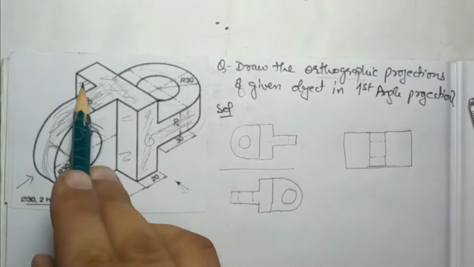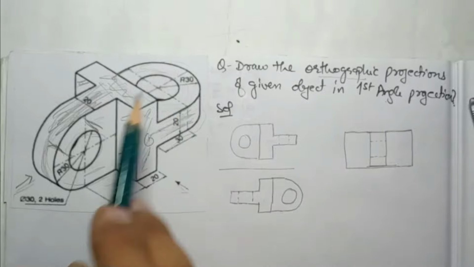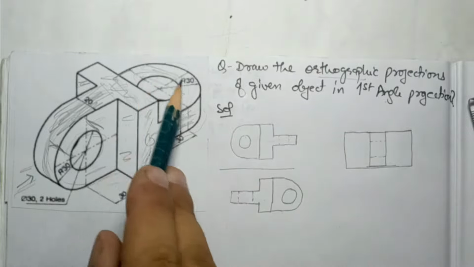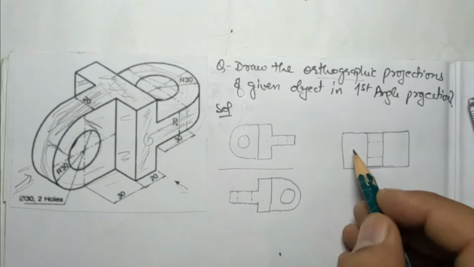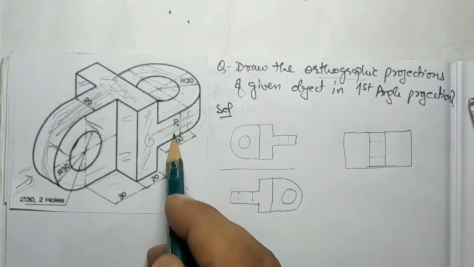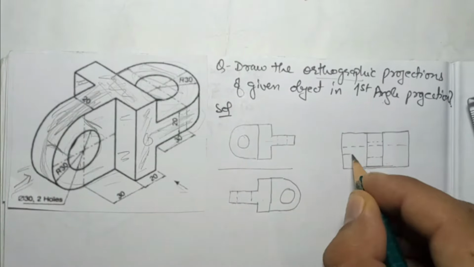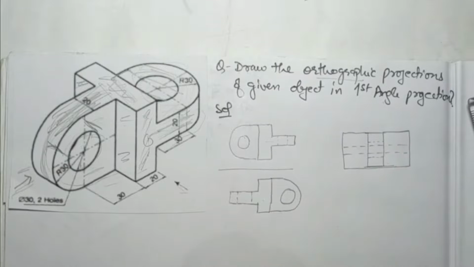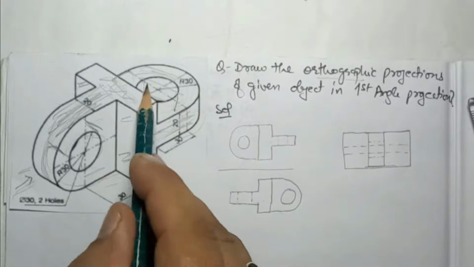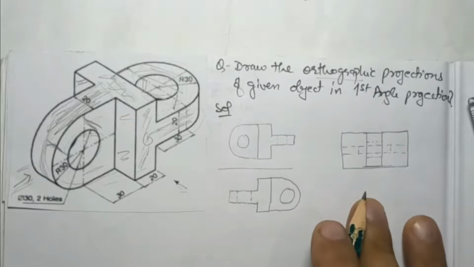Now behind this there is a structure which is present but not visible from this side, so I have to draw the complete structure. If I see from this side, it will have two horizontal lines. If I see the dimensions, it is 30 diameter but it has 20 only, so the hidden lines will go like this, in between the hidden lines of the circle. And this has two vertical hidden lines for this circle also, so two hidden lines in this way. So this is the side view.